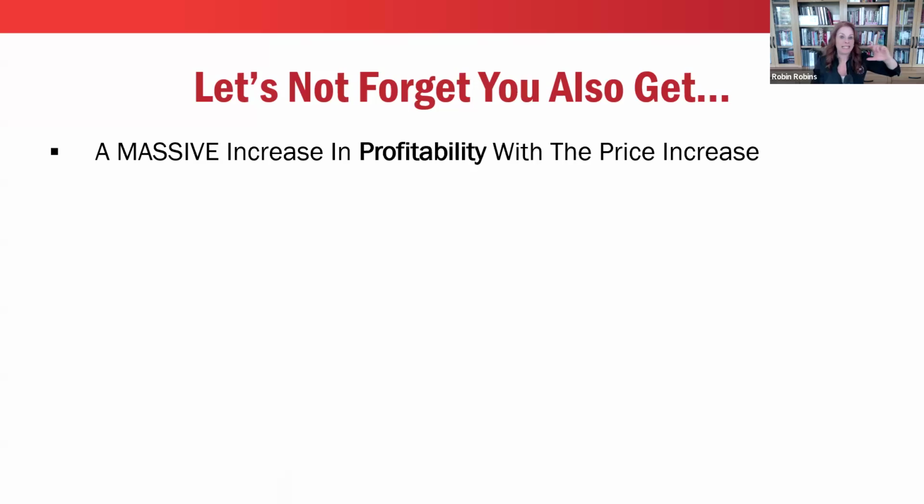Because if we bump your prices 10%, let's say you're charging $100, simple numbers, and you're making 20% profit. So for every $100, you make $20. All right. Now, if we charge $110, that extra $10 that we're charging drops right to the bottom line, because all we did was a price increase. We didn't do more. We just raised prices. So instead of $20, you're making $30, which is now 30%. All right. So you got to understand, when you close more leads, when you raise your prices and have a better sales process, and you know how to do customer development, your profitability goes up exponentially.